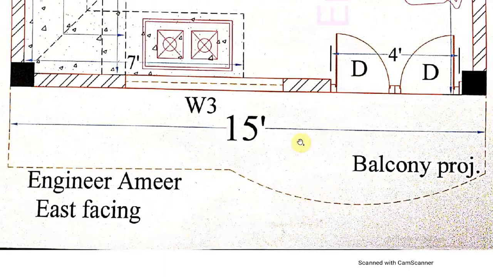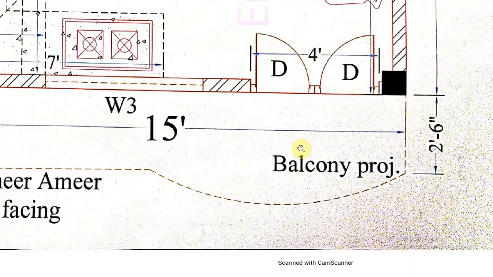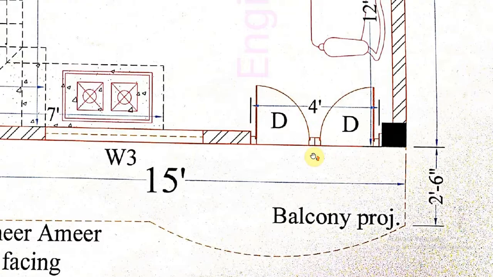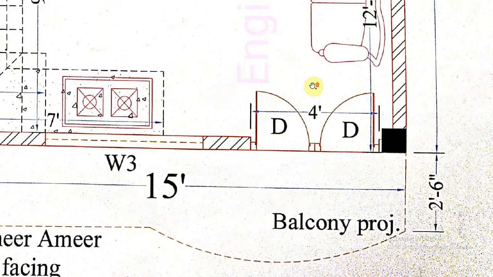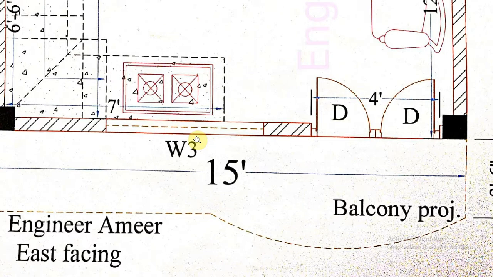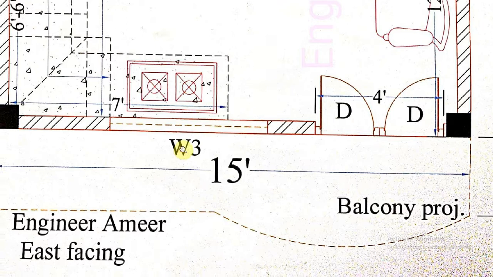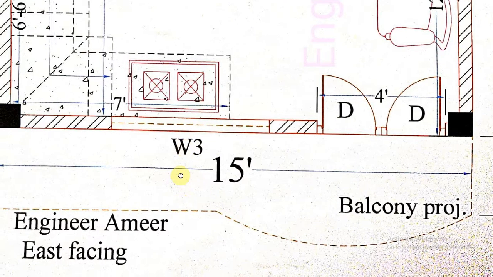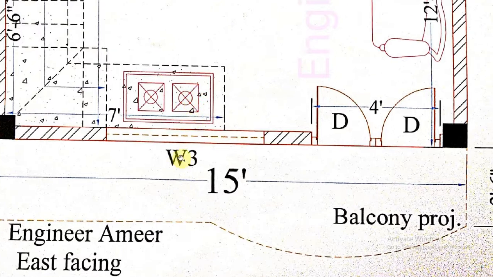So we'll go inside our house just below this balcony, and this is the main gate of our building. This gate is 4 feet wide, 4 feet wide, 7 feet high. As we enter this house, we can see there is one window of size 5 feet by 5 feet. This is the big window for this house. So the outside natural light will go inside our house with the help of this window.